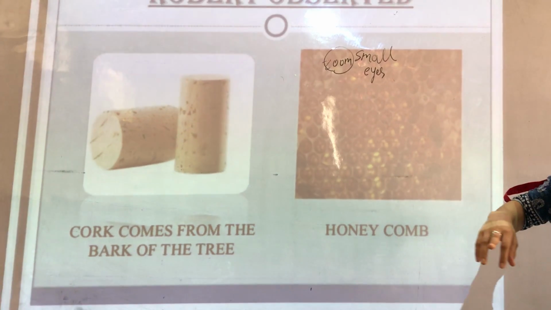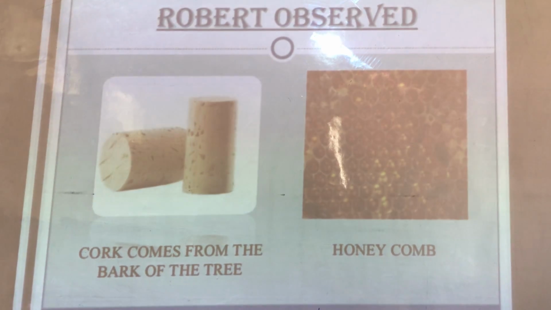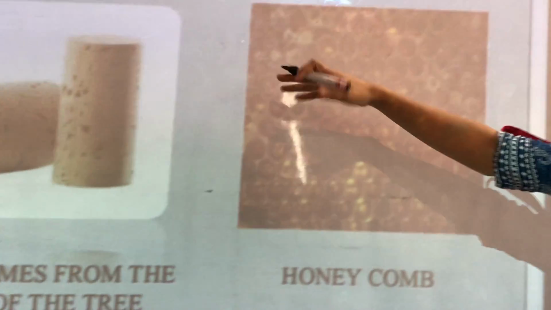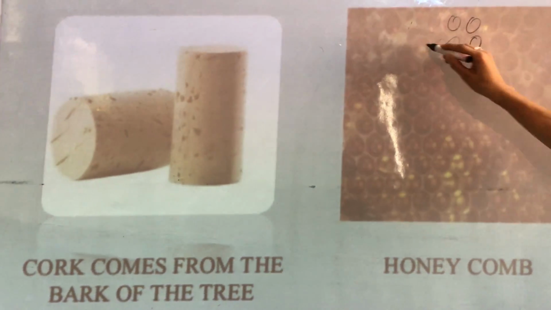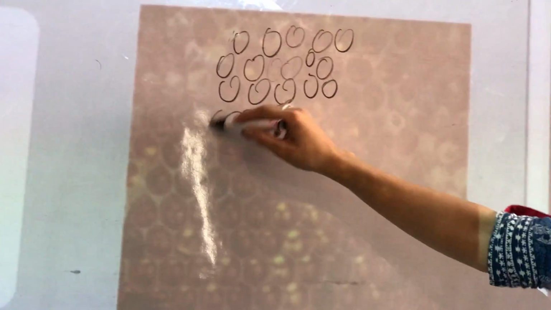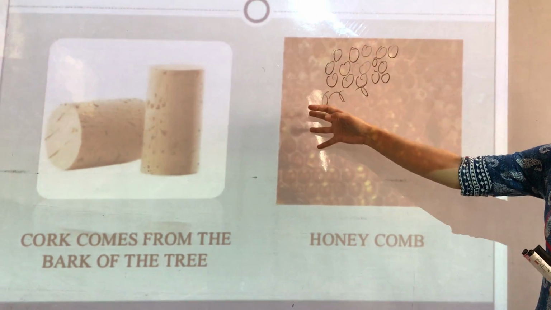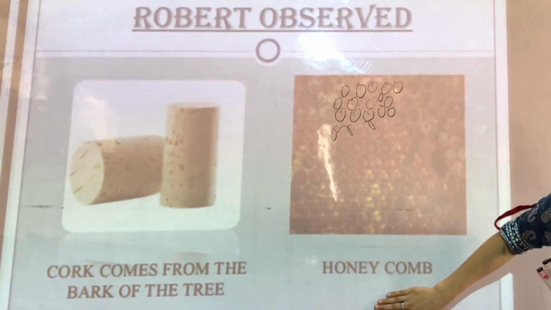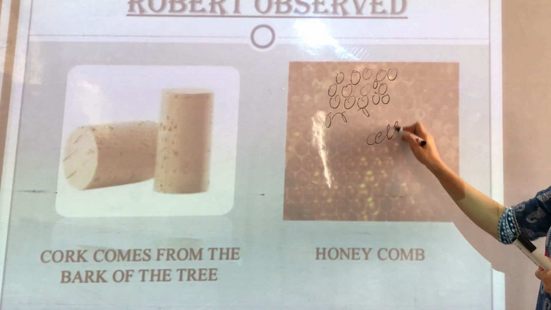As you can see here, that bark which comes from a tree. He observed this bark with the microscope, and he saw small compartments, small little rooms all over the bark. He saw these rooms like a honeycomb. You must have seen the honeycomb made by beehives. Have you seen that? The internal structure of that bark looked exactly the same as a honeycomb. And he called these compartments, these small structures, cells.